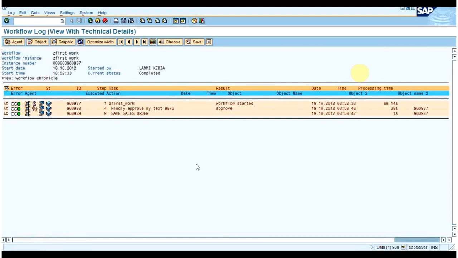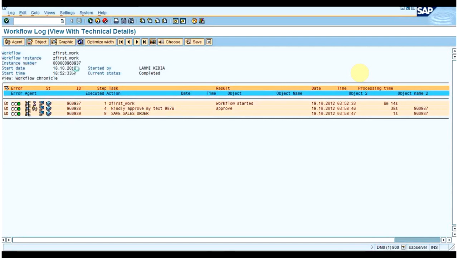So you can see here one pink table is present, and in the leftmost you can see the error state, and in the icon you can see it is green. If it is in error, it will turn red, if it is in warning, it will turn yellow, and if it is completed successfully, it will turn green. Then comes the icon called graphical workflow log. Once you click on it, it will show you how the full workflow was executed. The steps which have executed so far are shown with the green line.